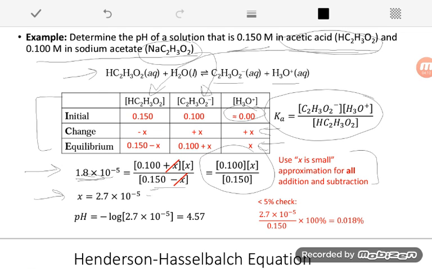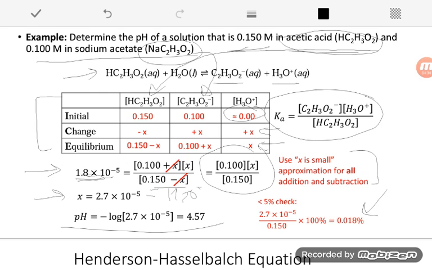We solve for x. We see that x is equal to H3O+, and therefore if we take the negative log of that, we're going to get the pH. And we always do the 5% check to make sure our x is small approximation was valid. So this is just an ICE table problem. We've done this before, and we could do it for basically all of our buffers,